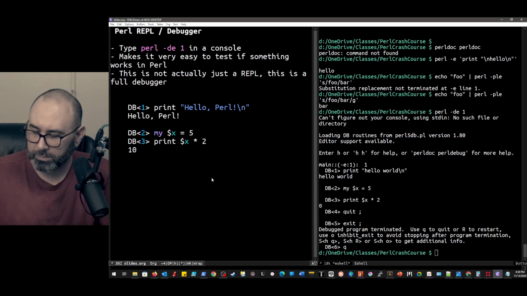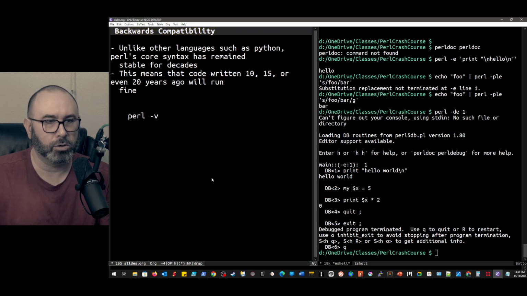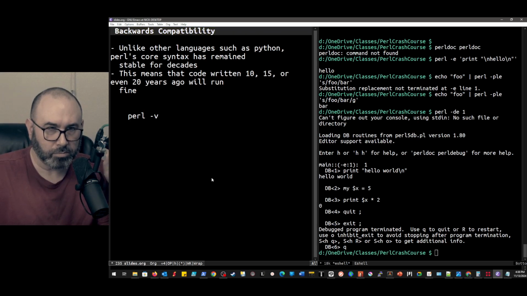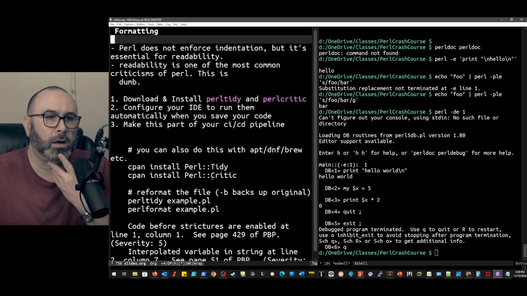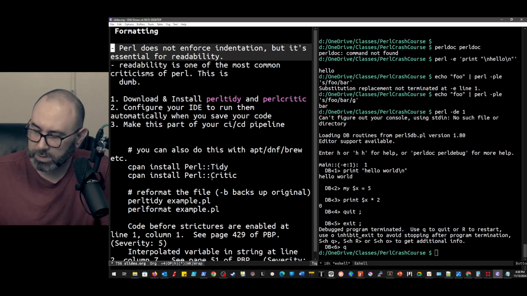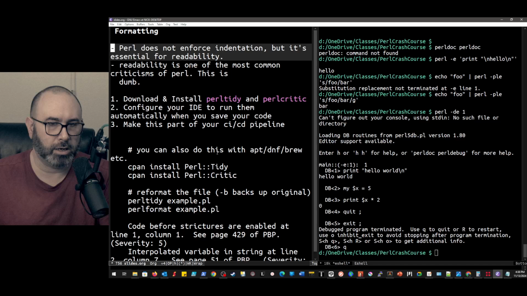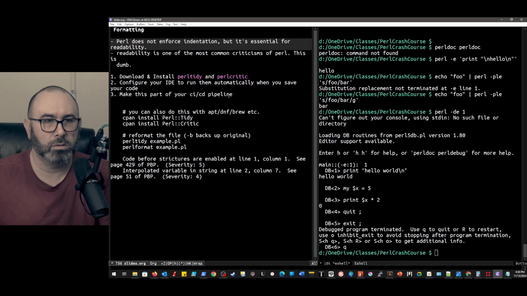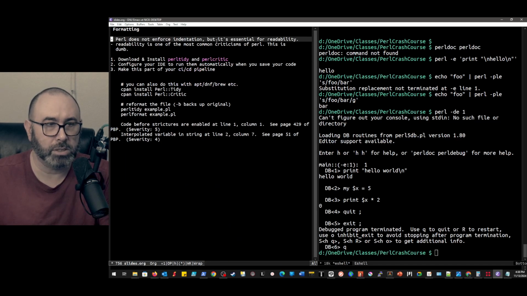So we have the same kind of REPL that you would expect in most other languages, and you're good to go. We've talked about Perl backwards compatibility, right? This is one of the phenomenal benefits of it. Perl, unlike Python, does not enforce indentation, right? So obviously we want to make sure that we have nicely written Perl for readability purposes.